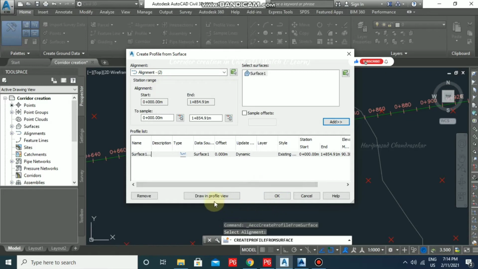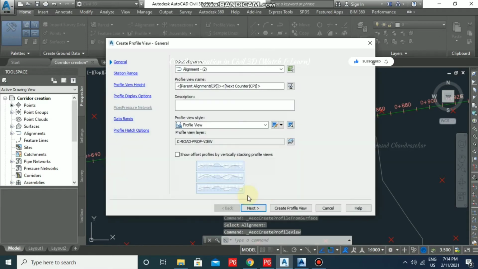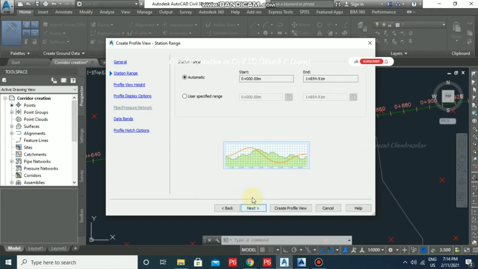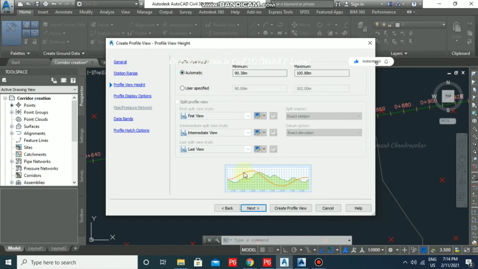So now you should click draw in profile view. Here we can do some changes if we want. For example, next I am going for ranges. If you want specific ranges we can input them, and also height. These things we can modify later also.